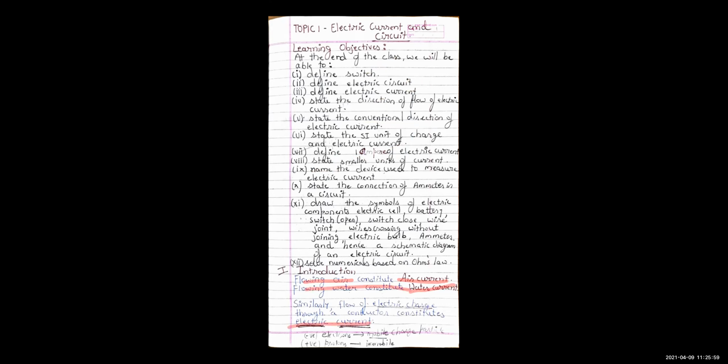Similarly, we are having the term here that is electric current. So, here also something should be flowing, right? What is that something? Here we are going to have flow of electric charges through the wire, through the conductor. It forms electric current. Now, children, we know that in an atom, we have nucleus at the center, and inside the nucleus, we are having positively charged protons and neutral neutrons. And around the nucleus, we are having negatively charged electrons revolving, right?